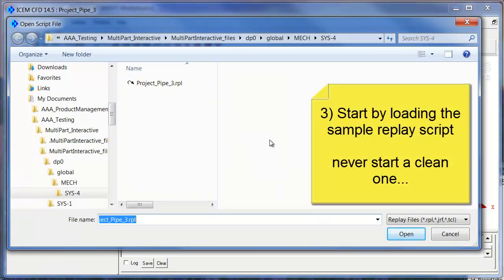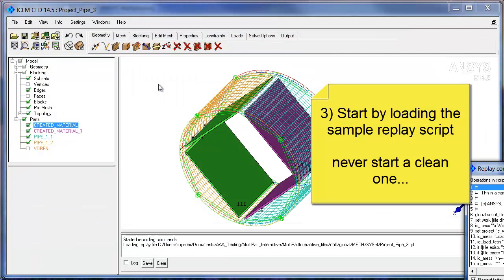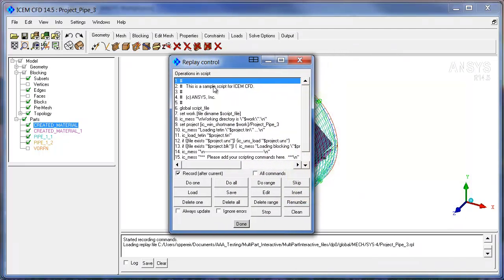There is some bookkeeping that needs to get done to make sure that the replay file connects properly with Workbench. And rather than have you figure that all out, we include a default file here, a sample file. So just open the one that's in there already. Don't just start a new file or it won't work. And the sample replay file